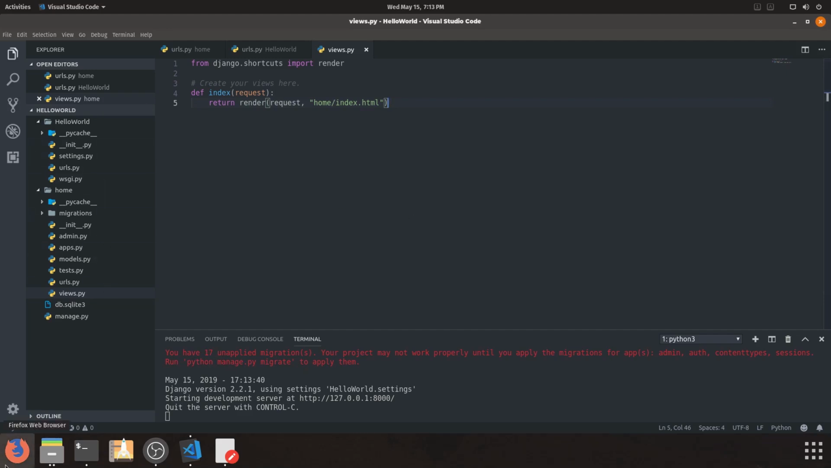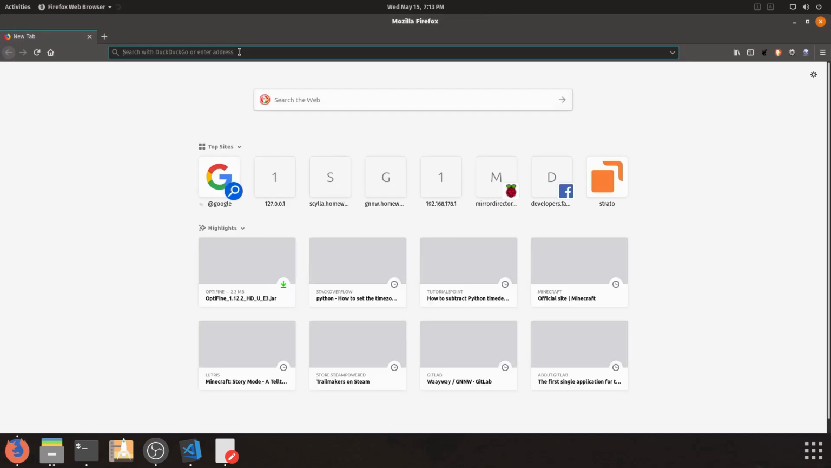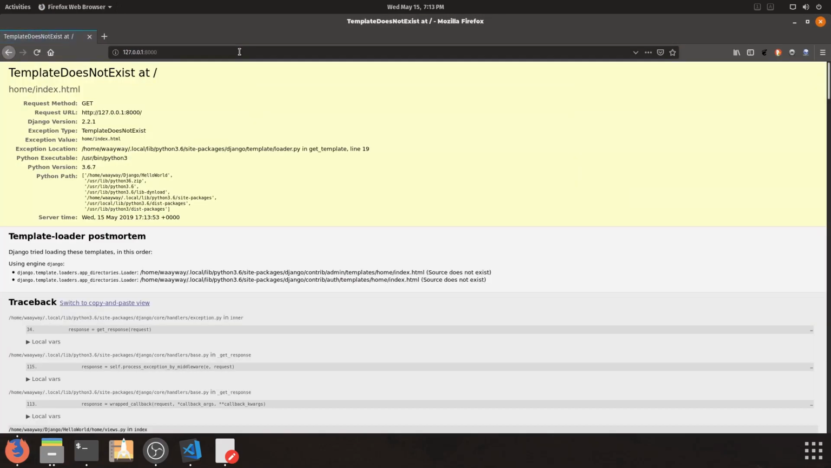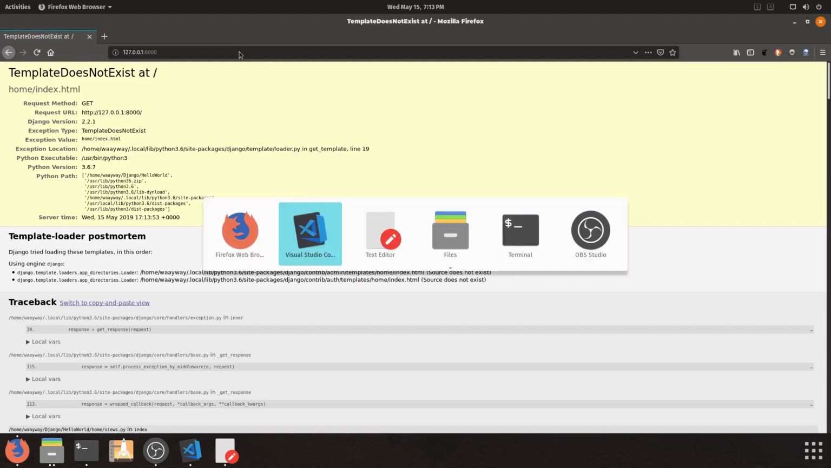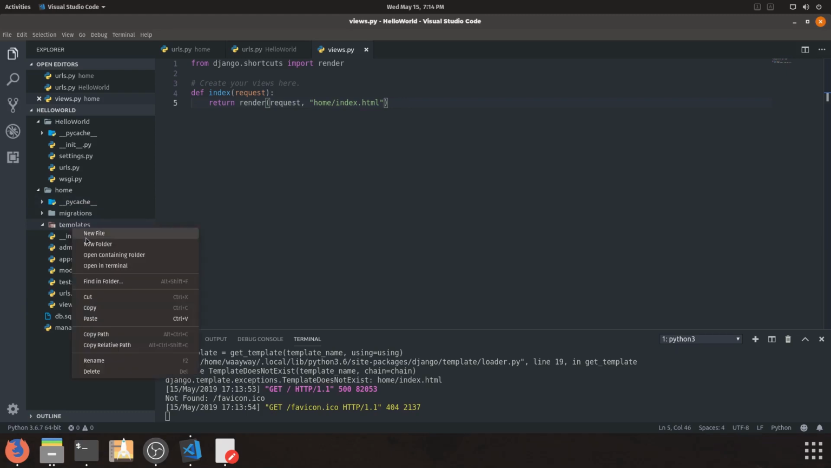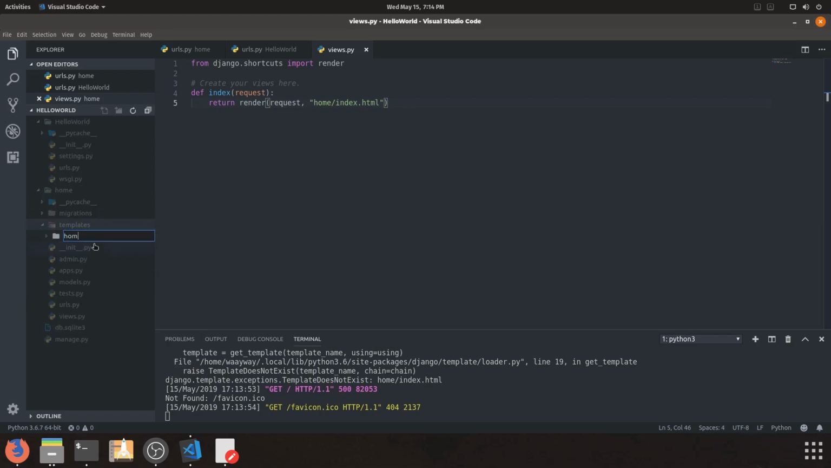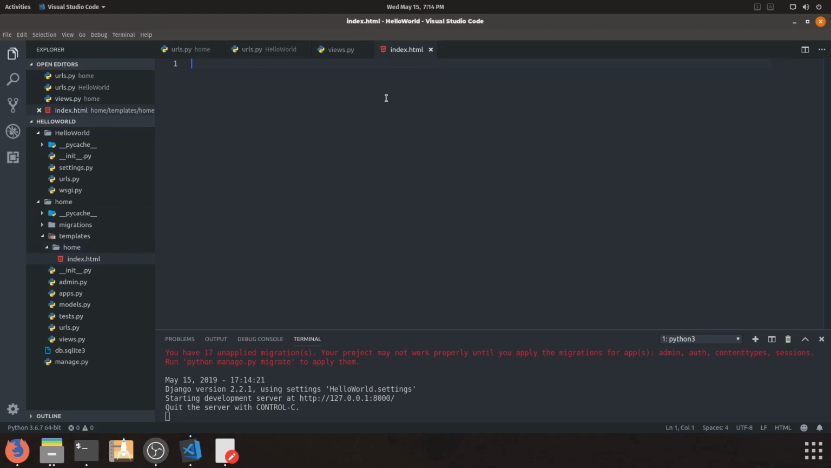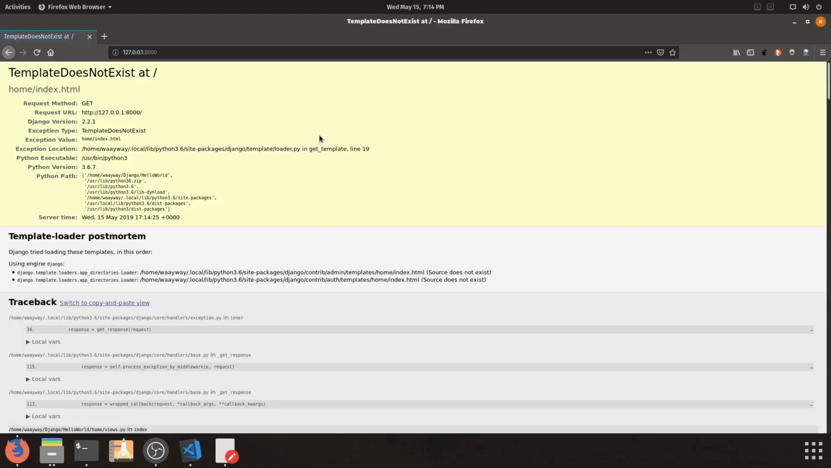Now it's gonna say, if you open up your web browser and go to your own address, template does not exist because we just said index.html, but where is the index.html? So you're going to your home folder, new folder, templates, open this, another folder called home, and we're going to make a new file, index.html. Once we do this, you can now see,